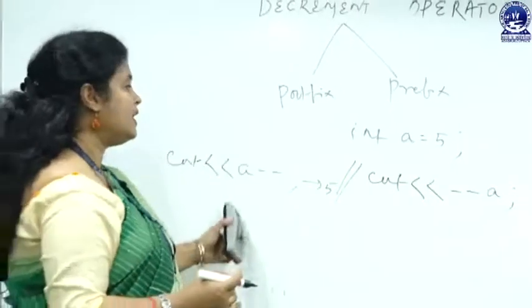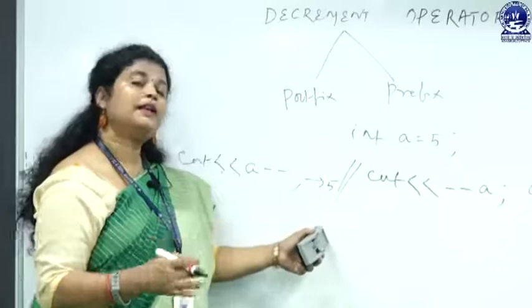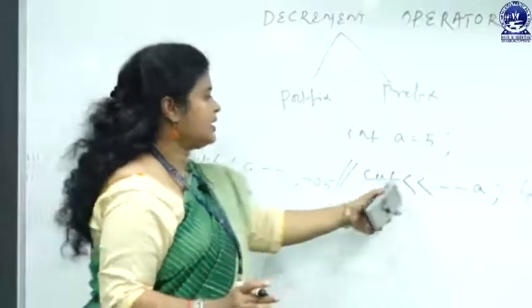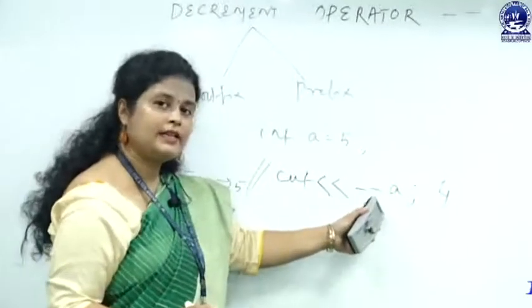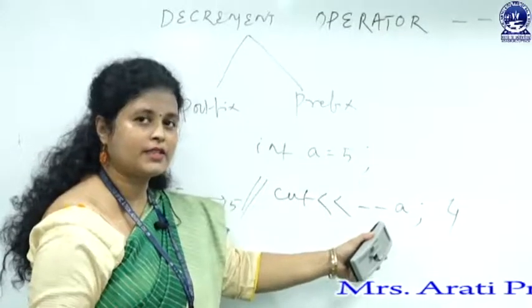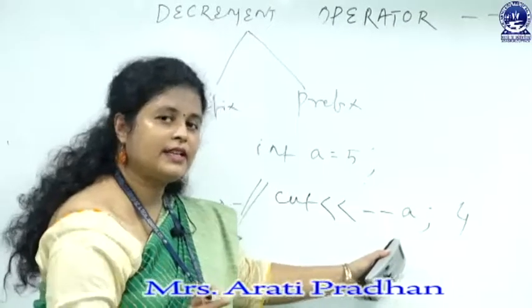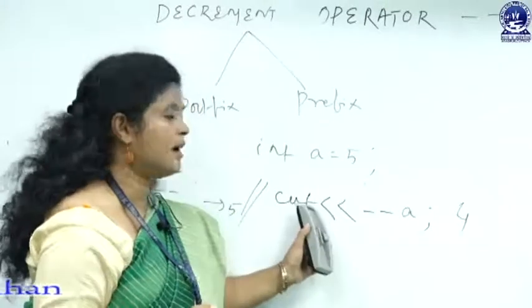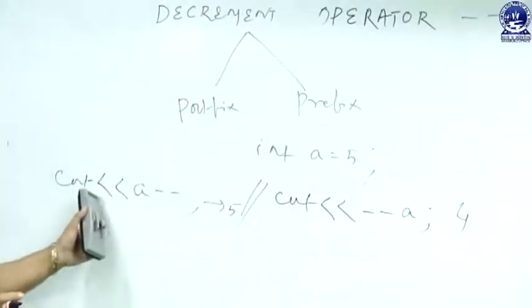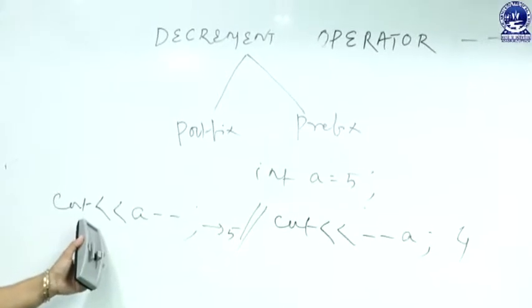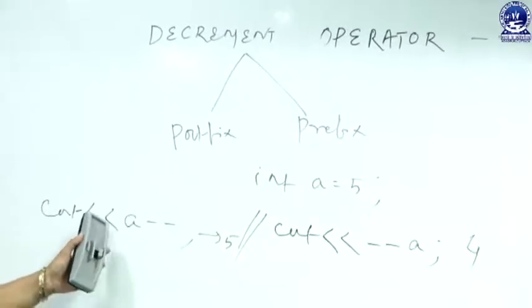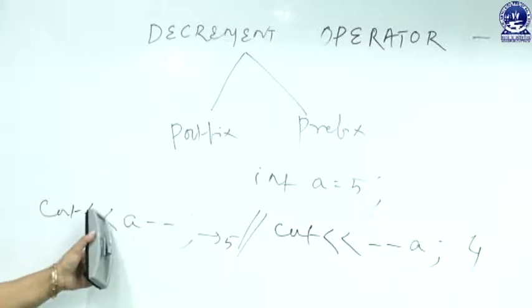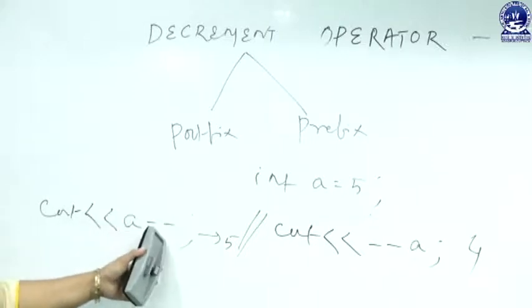We have already discussed why this happens in the case of the increment operator. I hope you have understood this one, but let me explain it again. The prefix operator is just like a prepaid phone: first you pay the recharge, then you can talk. So first it will be decremented, then the value will be displayed. The postfix is like a postpaid option: first you talk, then you pay the bill. In the similar fashion, first it will display the value, then it will be decremented.